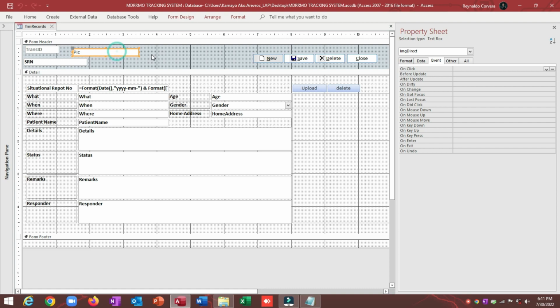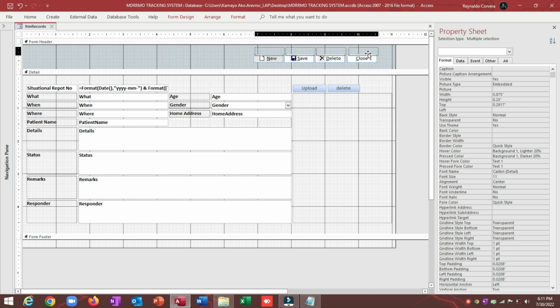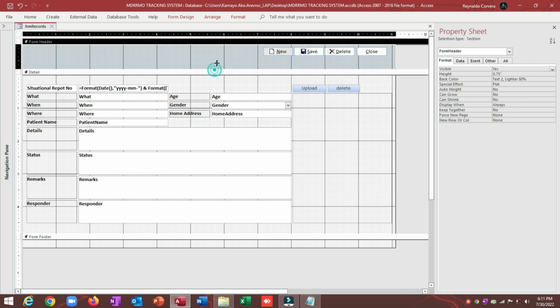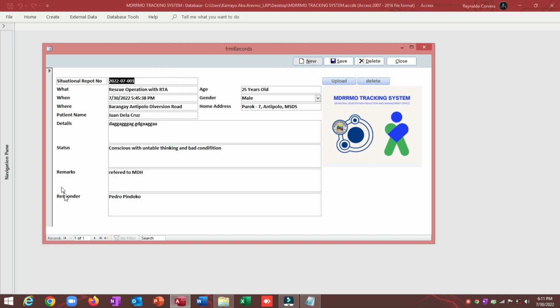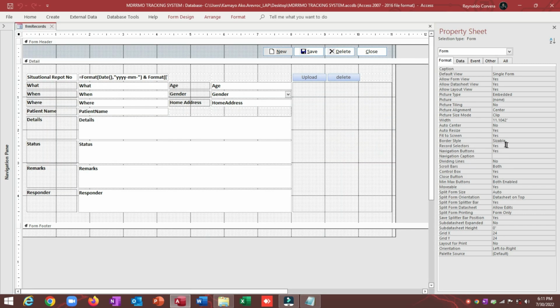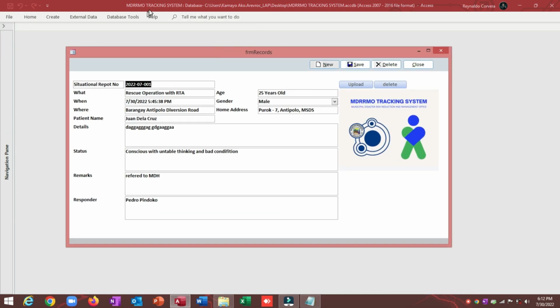Again, we will hide this one. We'll make this one 0, 0, 0, 0, so that it will not show even if you are in the design view. Look. Now we will hide this one and this one also. Here become no, and also this one, navigation. We'll open. Now it's showing the